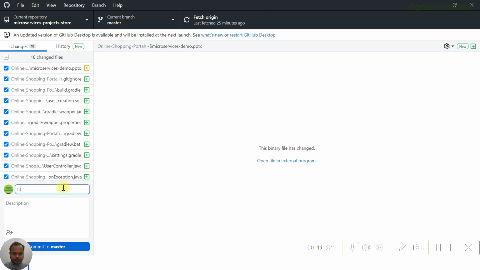So, initial user service code. Okay, so let's commit to master. I'm the admin of this one, so I can commit, but ideally we should not do that in the master, because we should create a feature branch, and then subsequently we have to merge that one.